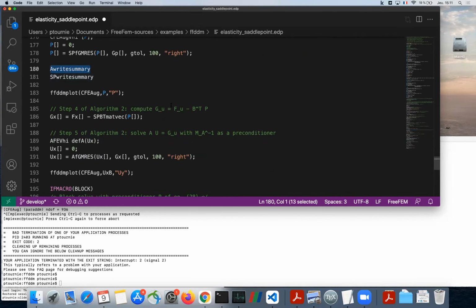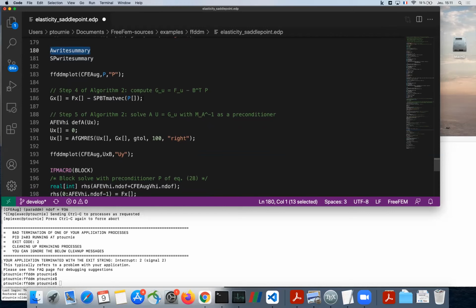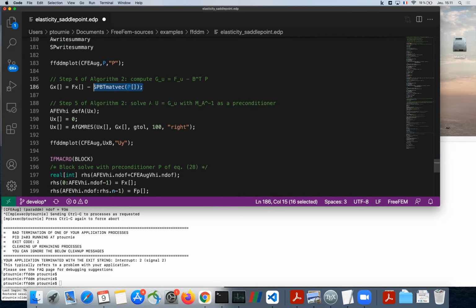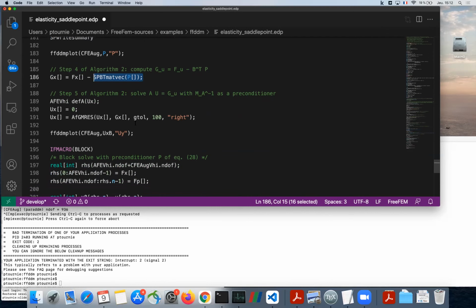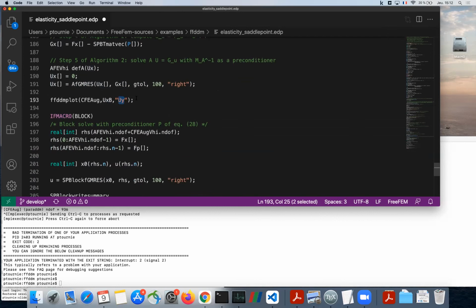Then I can go back to the velocity space to compute my velocity, or displacement for elasticity. So I compute F minus B transpose P, and once again I need to solve for A like this. Then I have my solution u, and I can, for example, plot the Y component of my velocity.